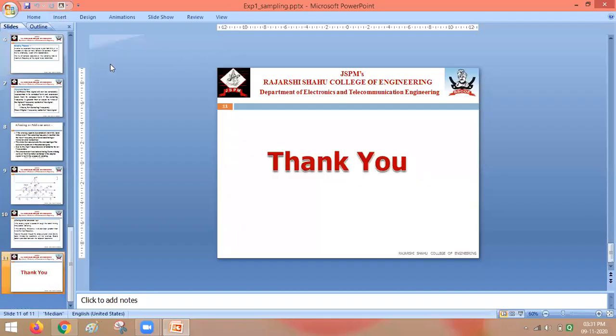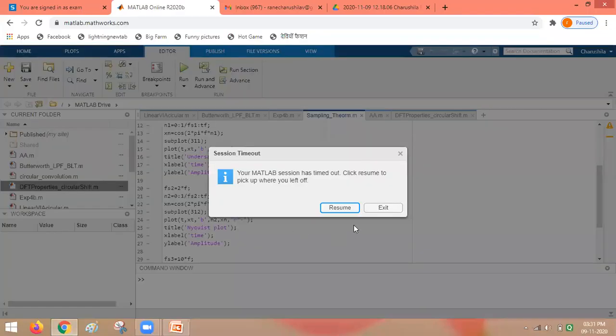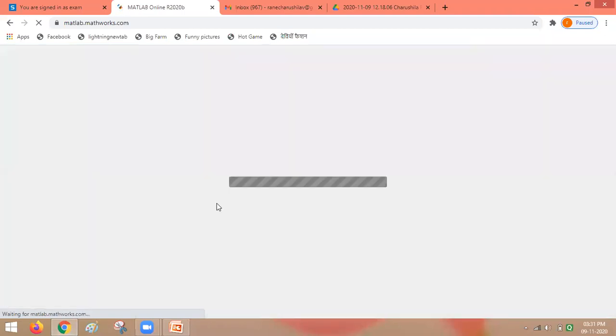Now the same theorem, we will verify by using the MATLAB software. For that purpose, we will use MATLAB 2020 online.